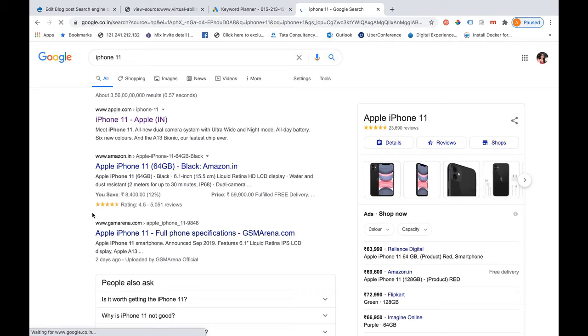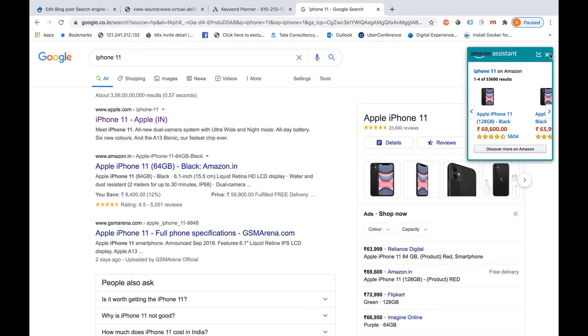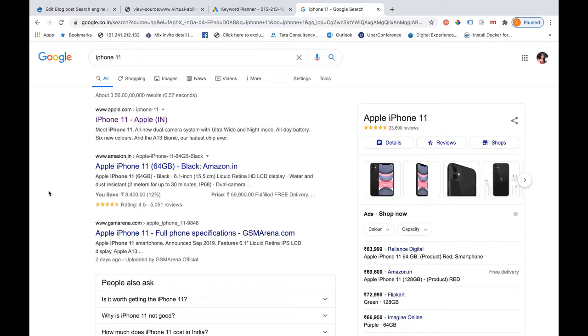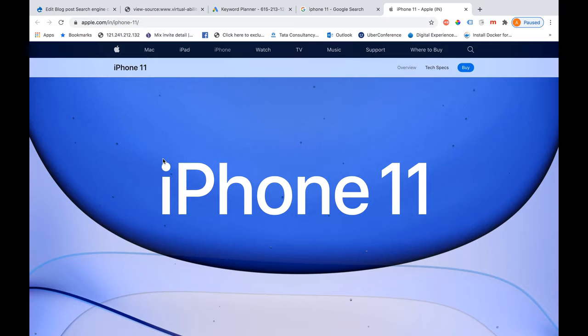So based on these keywords, several results are showing in the Google search results. Google picks up those websites across the World Wide Web whose keywords are significant and used, based on the relevance, traffic and the competition. I'll be describing these terms shortly, but let's see what this search result signifies. At first, you will see the iPhone 11 is showing from apple.com. So let me visit this site to understand how this keyword is used in the web asset.